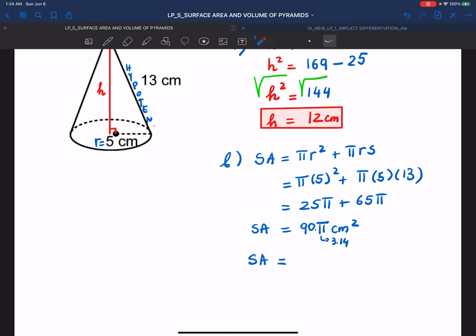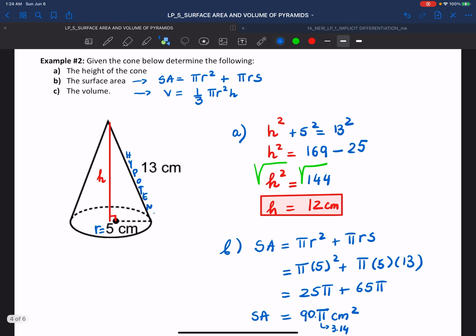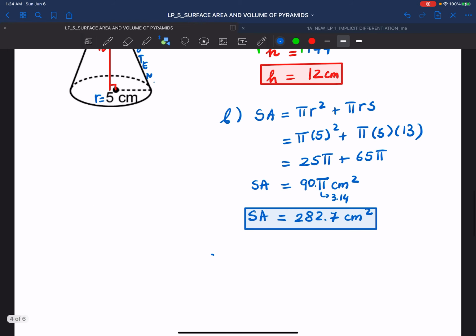Always remember the operation between these two is a multiplication, right? So what I got in here is 282.7. And again, I won't forget the unit measurement, centimeters squared. And I'm done with surface area, which means that I've answered question B. Now the next question is finding the volume. And for the volume, we're using the formula